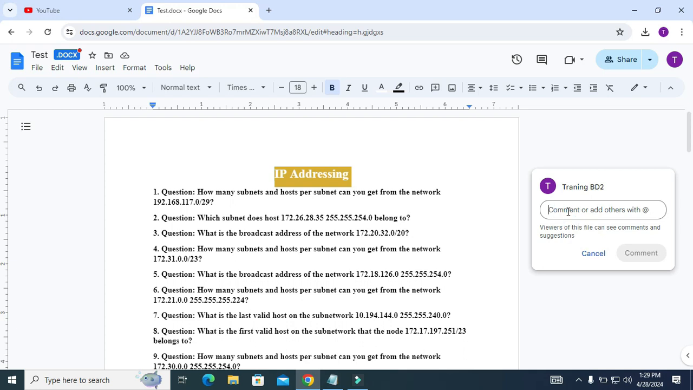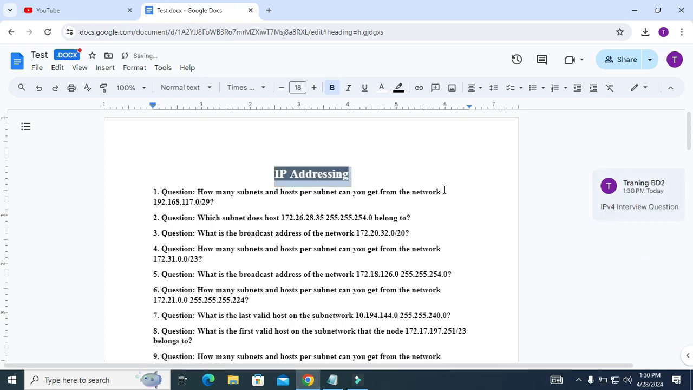I'm going to type my comment. I already typed my comment in the selected box. Now click on comment. Look, the comment is added here. Now deselect